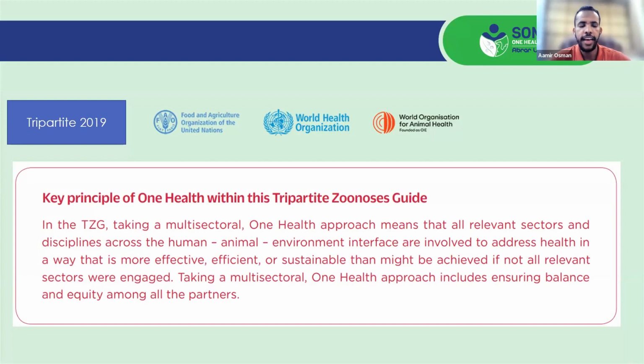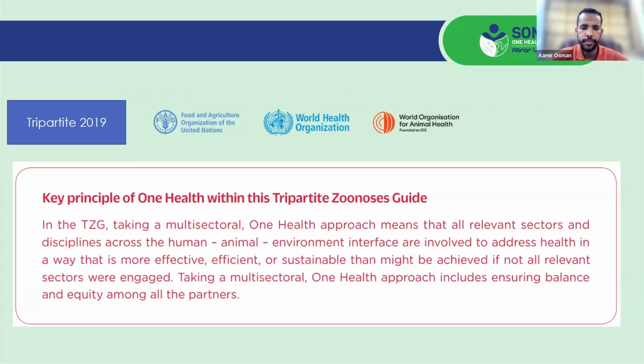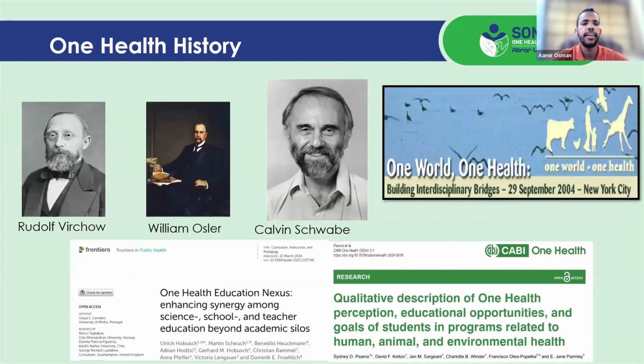And if you go back to the latest definition that the One Health High-Level Expert Panel proposed, they bring plants and ecosystems to the table. And now they are quadripartite, and they bring the United Nations Environment Programme, UNEP, to the table. So this all shows that this One Health concept is still new, still growing, and gaining broader attention. When it comes to One Health history, let's go back to the 18th century.